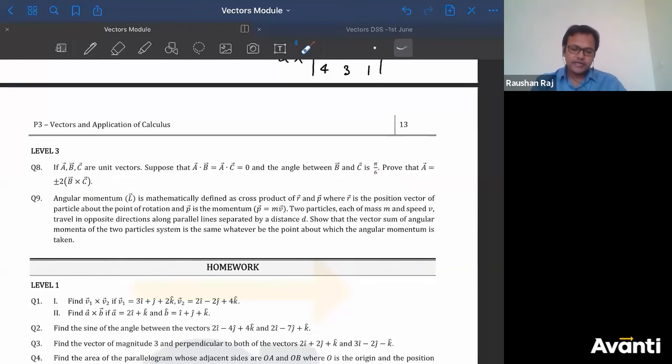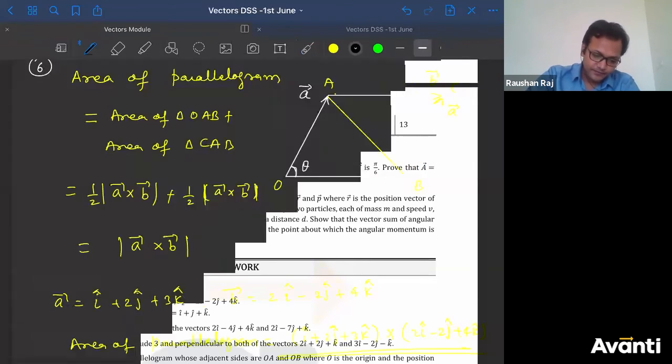What about the direction? Just tell me what about the direction. Can I say that A is perpendicular to B and A is perpendicular to C? Here A is plus minus 2 B cross C. Can I say that A will be perpendicular to B and C? Right? So direction we have already discussed. If I write that,